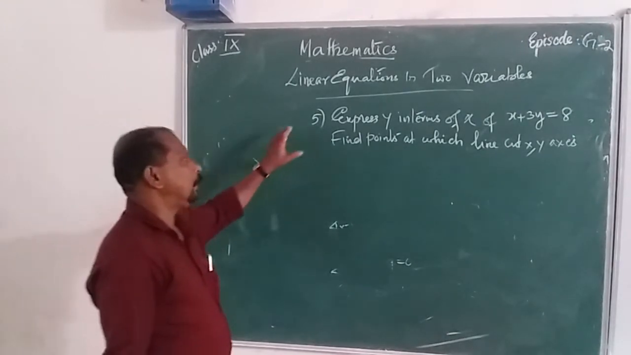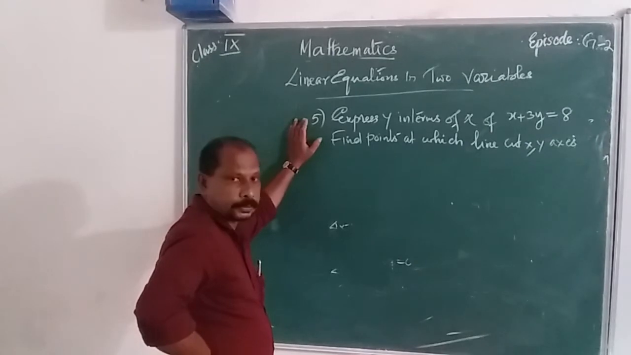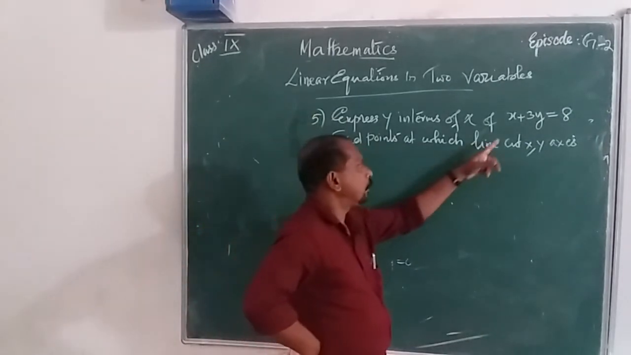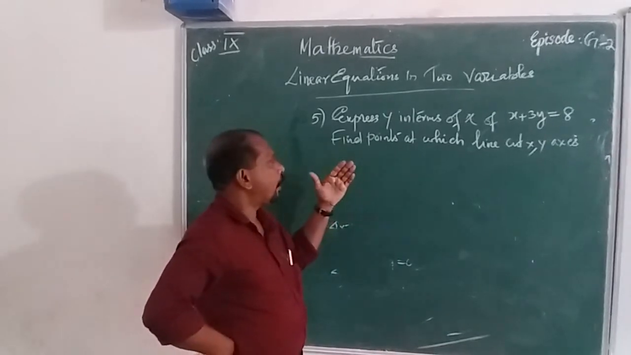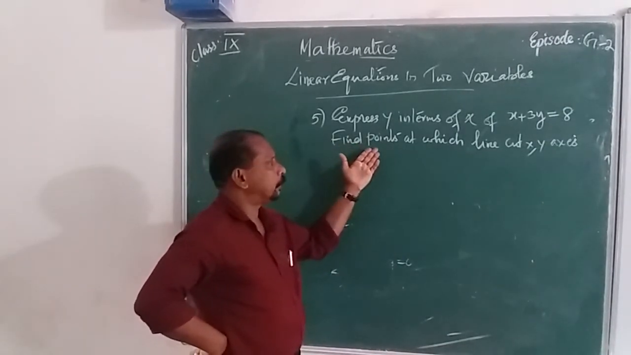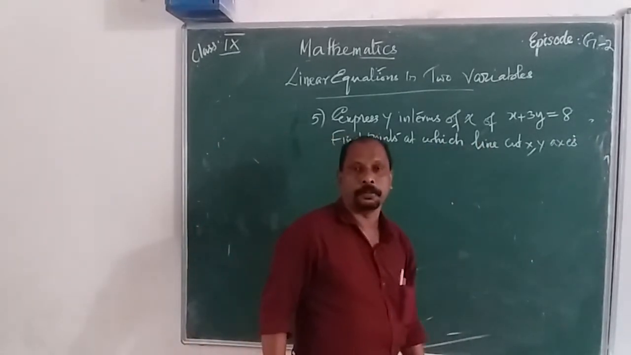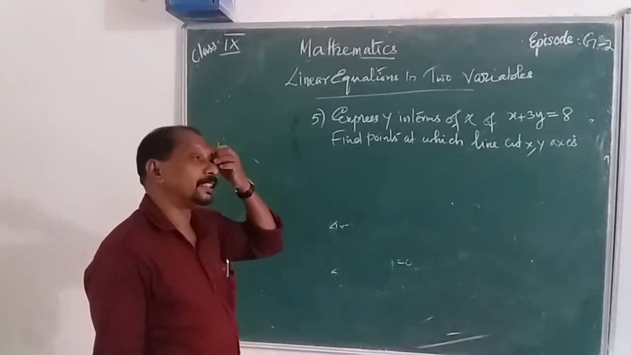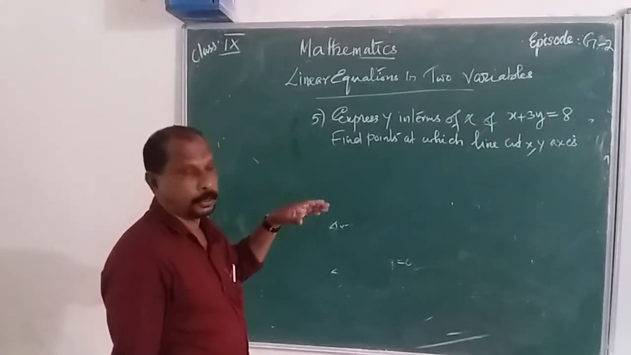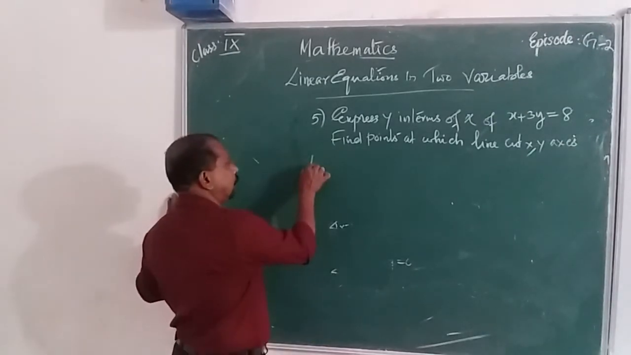The next question is: express y in terms of x of the equation x plus 3y is equal to 8. Also find the points at which the line cuts the x and y axes. That means we can express x as the independent variable and y as the dependent variable. Therefore, we can express y in terms of x. Answer is